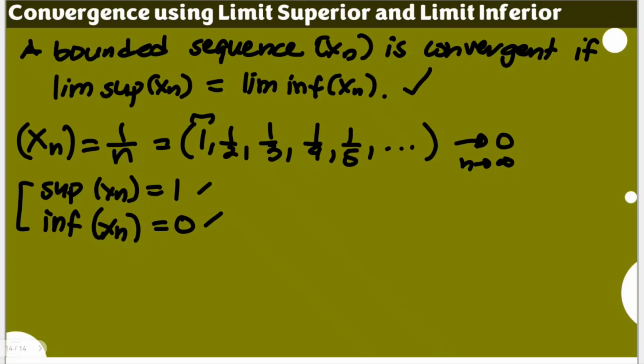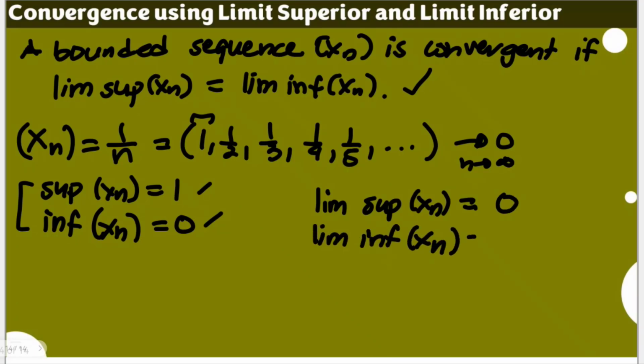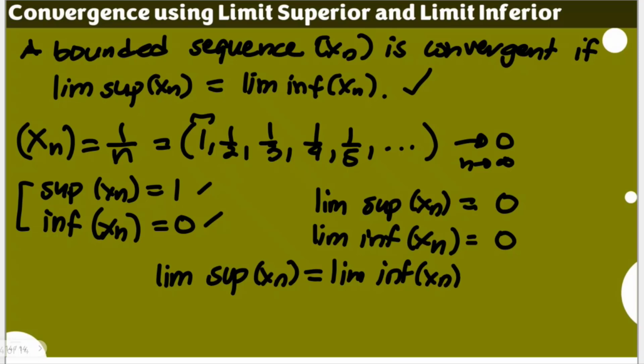Now, looking into the previous video discussing the limit superior and limit inferior of this, I will be rewriting them automatically. The limit superior of this x sub n is 0. And the limit inferior of your x sub n is also 0. Since we have established that the limit superior is equal to the limit inferior, again, we have a separate video for this. Please try to review that on your own time, which is also equal to 0.